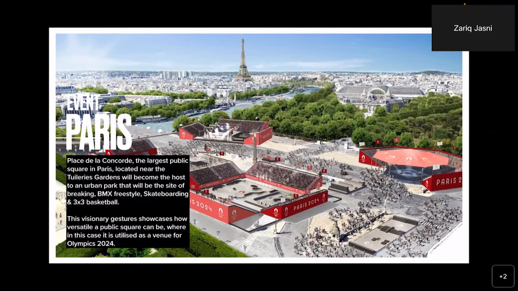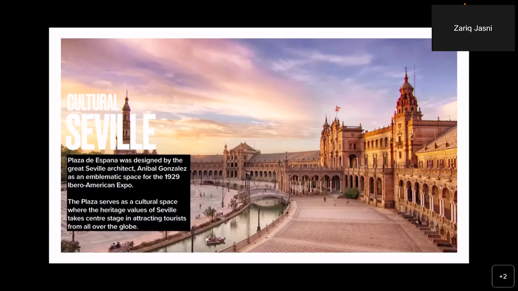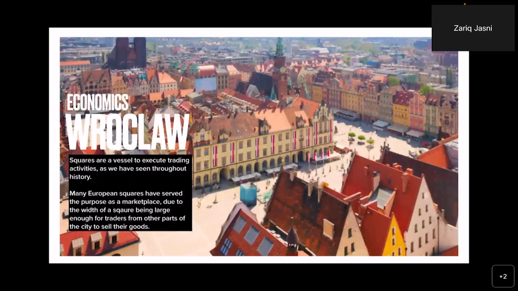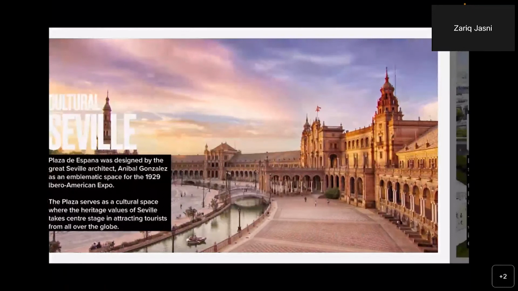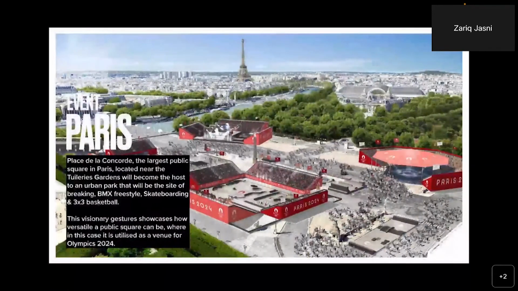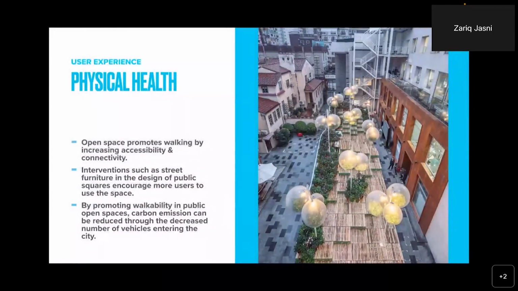So these slides have shown that a public square can be versatile. It could be used as an event space for cultural activities or even economics. And those are just three points out of multiple typologies that could be added into a public square. So in terms of user experience,